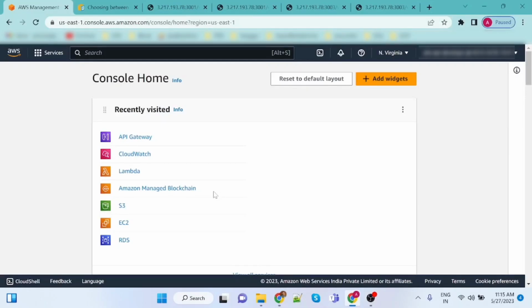Today I will discuss AWS API Gateway. That is one of the services of AWS, and if you are working on any microservice architecture project, then you must implement API Gateway in your project, because using API Gateway you can make your multiple